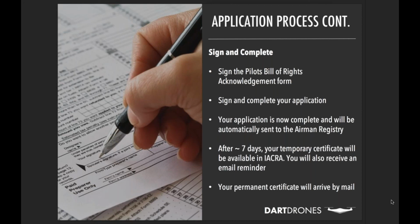sign it. And once you have that in hand, as long as you have that piece of paper along with your photo ID, you are now legal, and you can start flying commercial small unmanned aircraft flights under those Part 107 regulations. That permanent certificate, just a reminder, will come in the mail about 45 to 60 days, but no